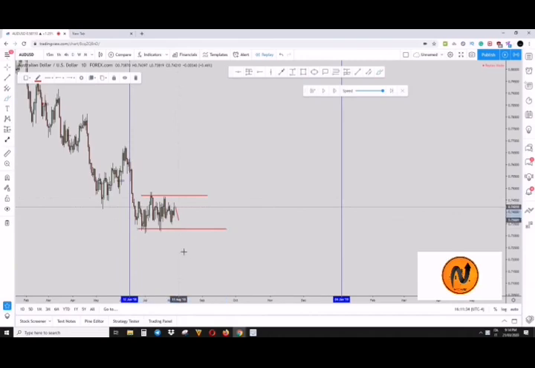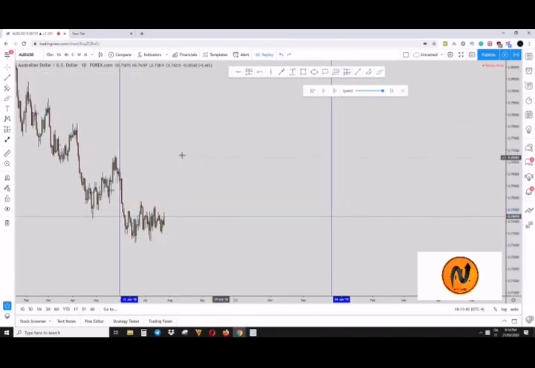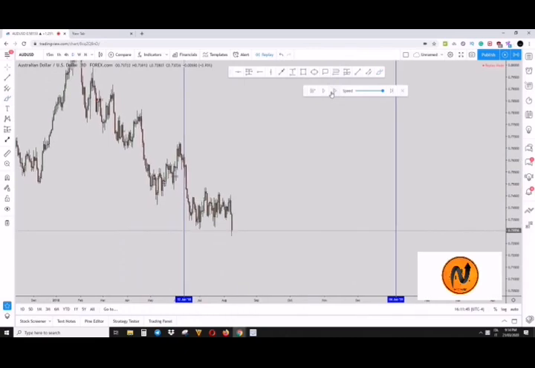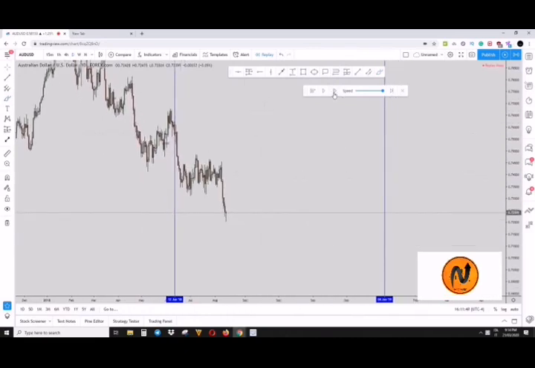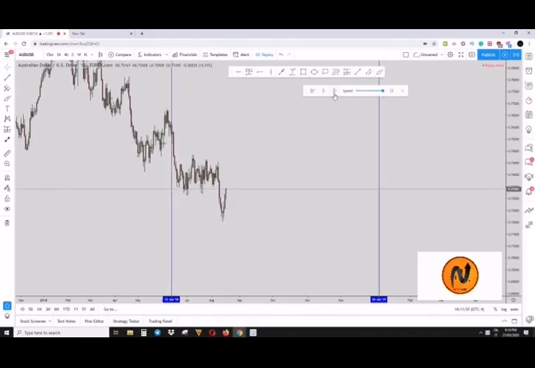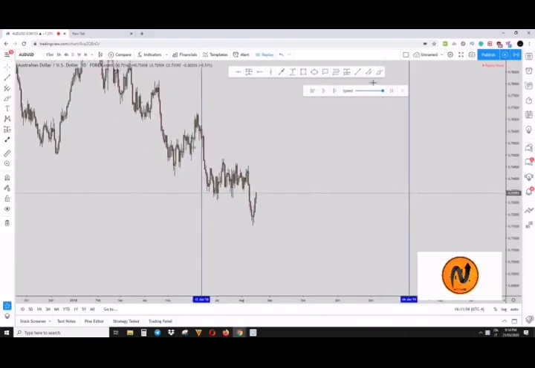If the market breaks to the downside, then we will have a possible ICI strategy to the downside. If the market breaks to the upside, we will have a possible ICI strategy to the upside. But as we are speaking now, not much we can do. Okay, so the market decided to break to the downside. Now, if the market gives us a retracement, we can definitely be looking for a possible short opportunity, and